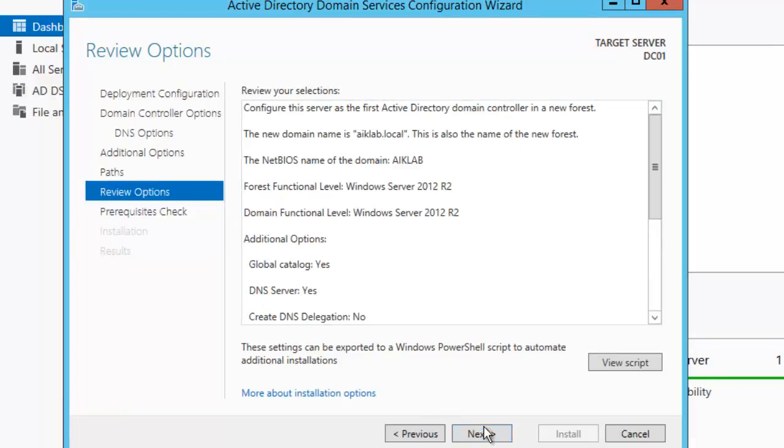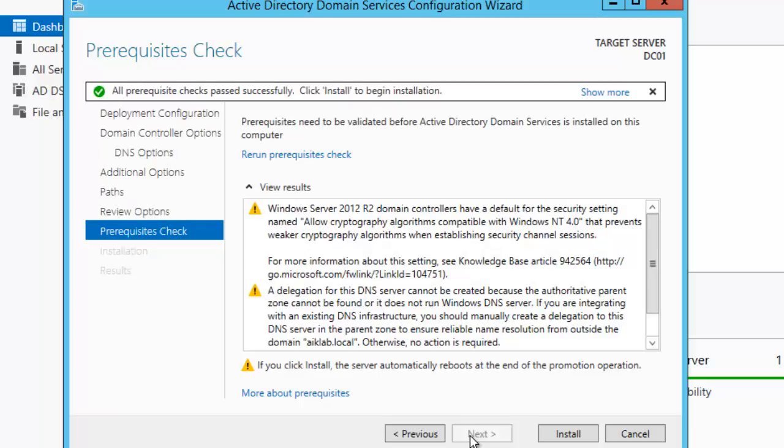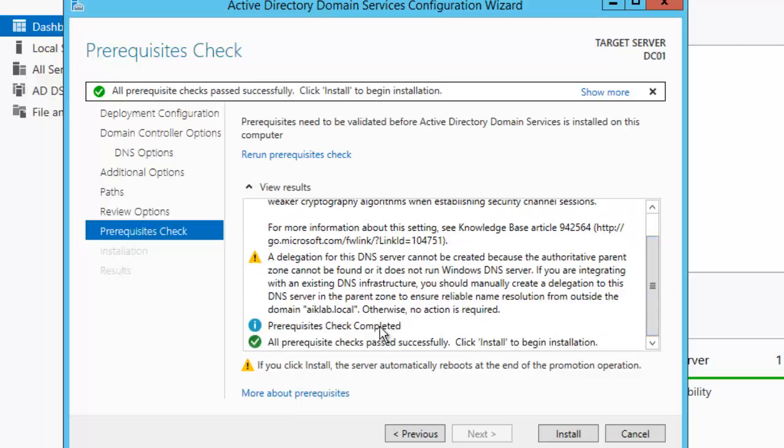Okay, so in this I will be clicking Next, and this is again a very good feature in Windows Server 2012, which is doing a prerequisite check of this particular machine, to see that this machine can be promoted as a domain controller with Active Directory service. Okay, so at this moment, we have warnings, but there is no really critical alert or error which we can highlight, so yes, we can install and promote this machine to a domain controller with Active Directory. Okay, so I will hit install,